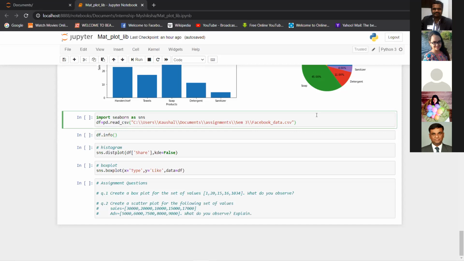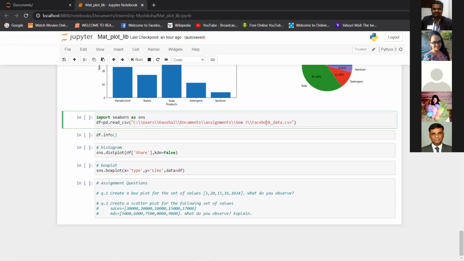If the data is not in arrays or list format, generally if your data source is Excel or CSV, you may want to create data frames like this one. So df is a data frame. Whenever you use pd.read_csv, whatever file you are using to load your data, it will be stored in this data frame df.